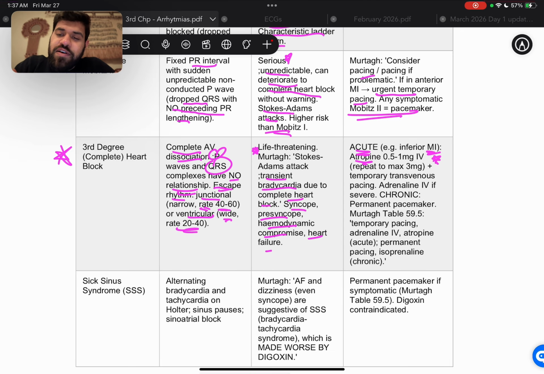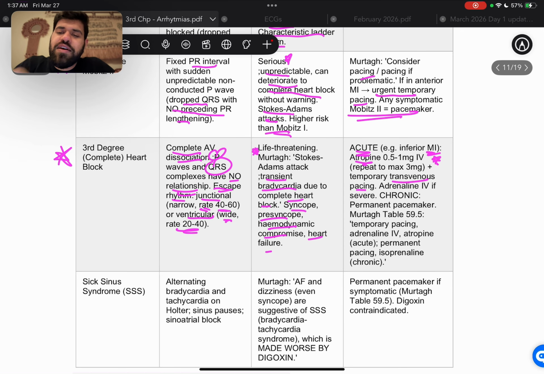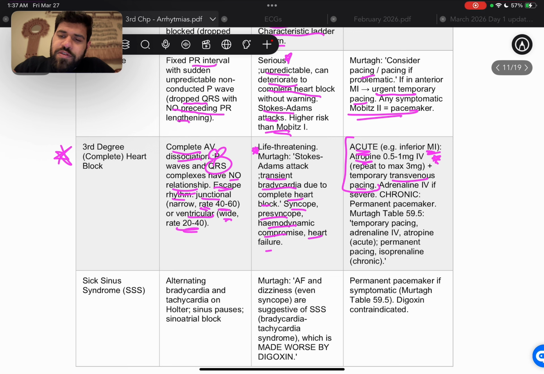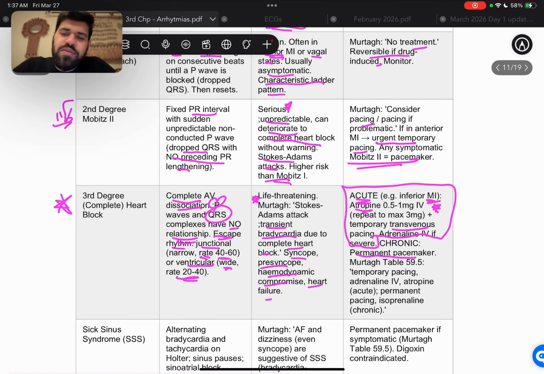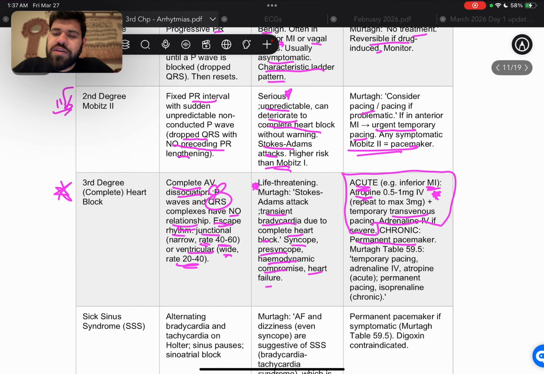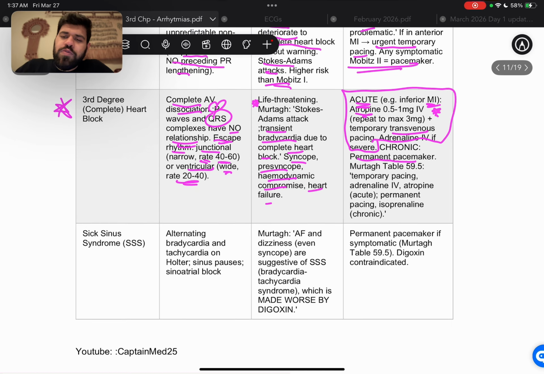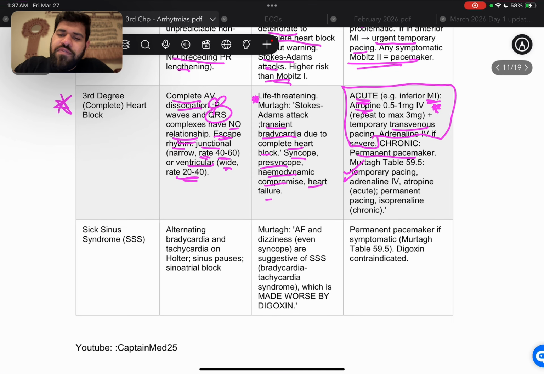And then we have temporary transvenous pacing. Then adrenaline IV if the patient is severe. And this is all acute. Now if the patient is presenting with this on a chronic presentation, then we have to give them a permanent pacemaker. You could just think that if the second degree we were considering a pacemaker, third degree obviously we'll go for a pacemaker as well. So we have temporary pacing, adrenaline IV and atropine, and then permanent pacing and isoprenaline